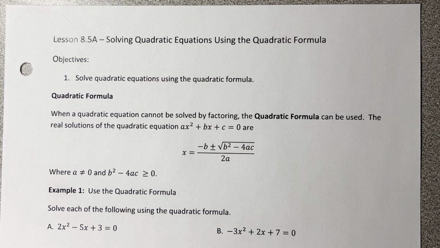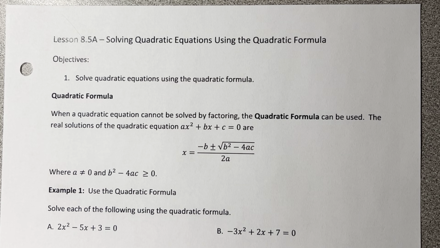All right, and by the way, a can't be 0 because then it's not a quadratic, it would be linear. Okay, so to use the quadratic formula, get it equal to 0, and then just plug the numbers in. Now, to learn this